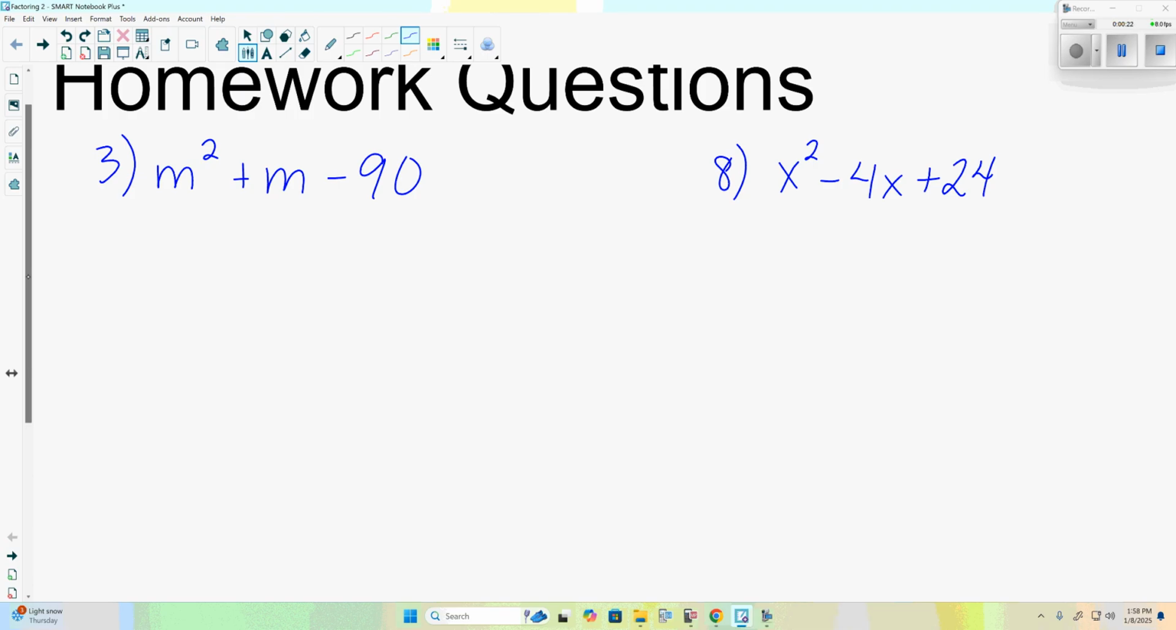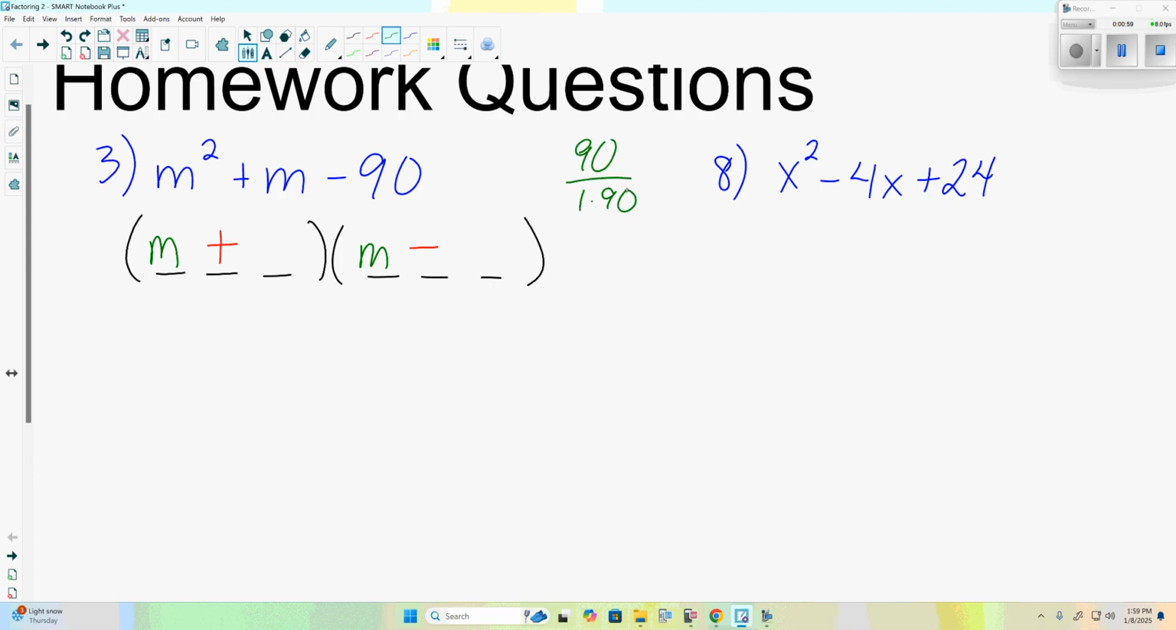So the first thing we need to do for this is to see if there's a greatest common factor between the three terms. And there's not one. So we'll do our two sets of parentheses with 3 spaces. Now since the third term is negative, our signs are going to be opposite, plus and minus. Now the factors of m squared are going to be m and m. Now the factors of 90